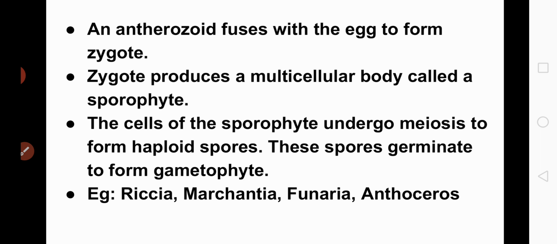During fertilization, an antherozoid, the sperm, fuses with the egg cell to form the zygote. This zygote produces a multicellular body called the sporophyte, and the cells of the sporophyte undergo meiosis to form haploid spores. These spores on germination produce the gametophyte. In this way the life cycle takes place. Examples for bryophytes are Riccia, Marchantia, Funaria,